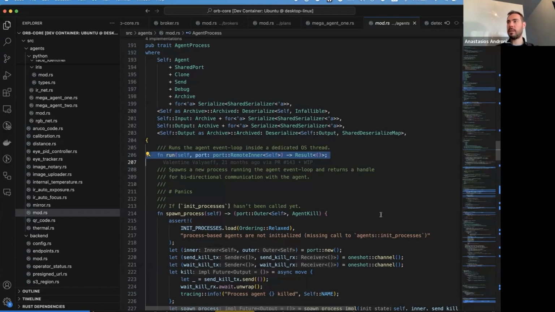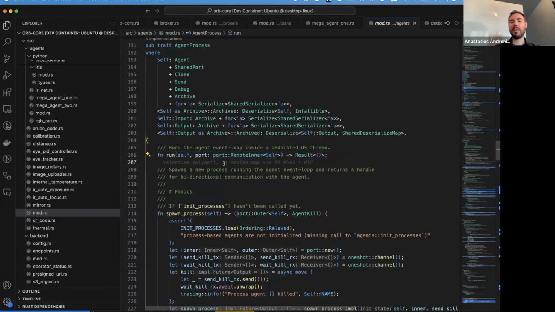Obviously for the task and thread agents, because the communication is local, it can be very, very performant. But unfortunately, if you have to choose the process agent, you have to go through a serialization and deserialization process, because you have to communicate through a whole different process. And to do this, we are giving you some very interesting primitives.